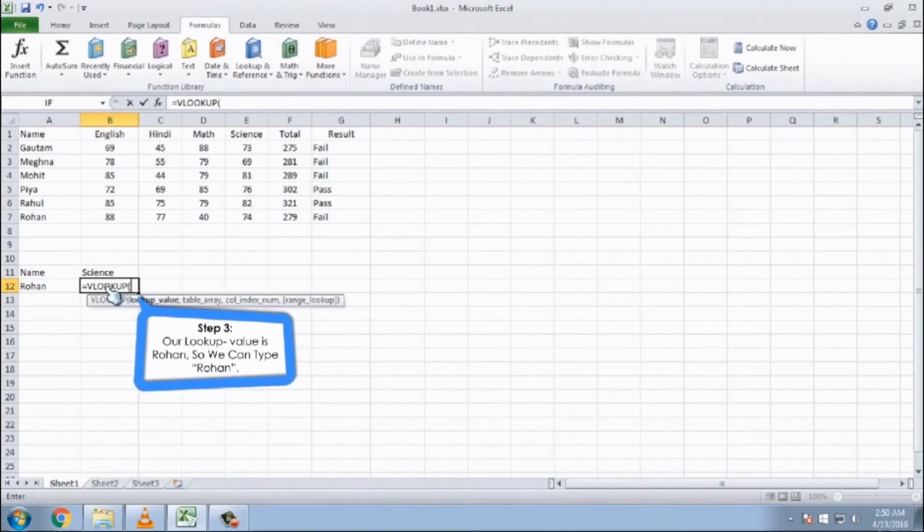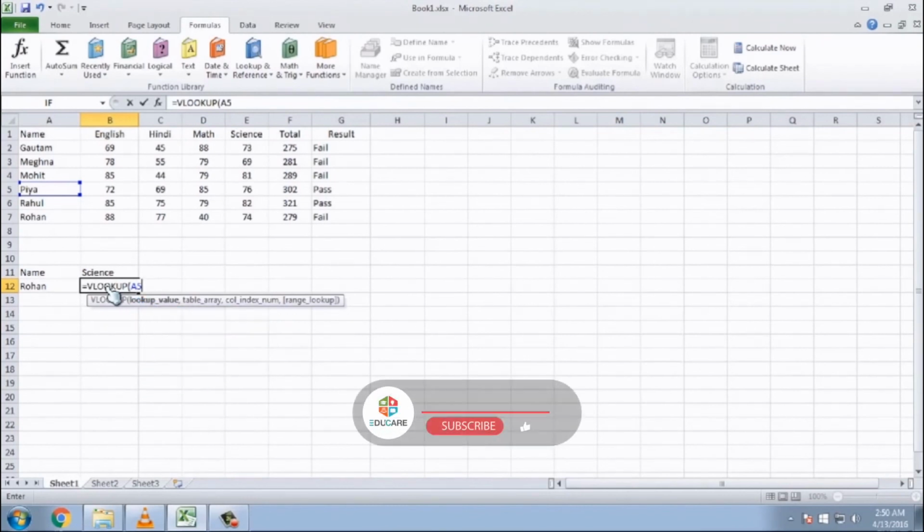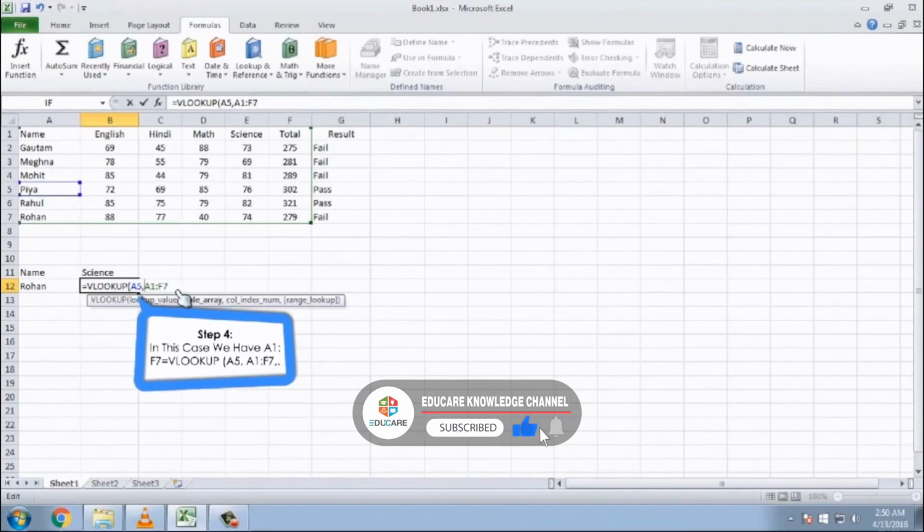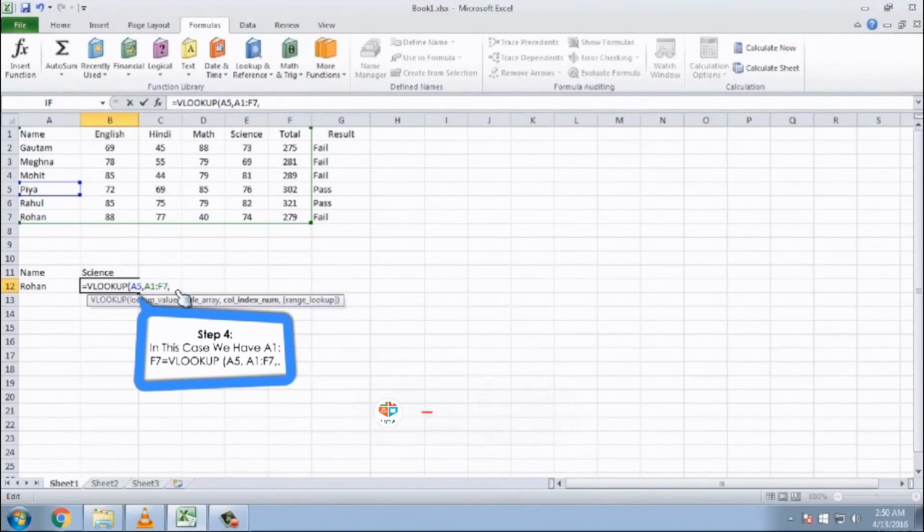Our lookup value is Rohan, so we can type Rohan or the cell address A5 as the first argument: =VLOOKUP(Rohan or =VLOOKUP(A5. Step 4. Next, we type the second argument, that is the table array. In this case, we have A1:F7: =VLOOKUP(A5,A1:F7.